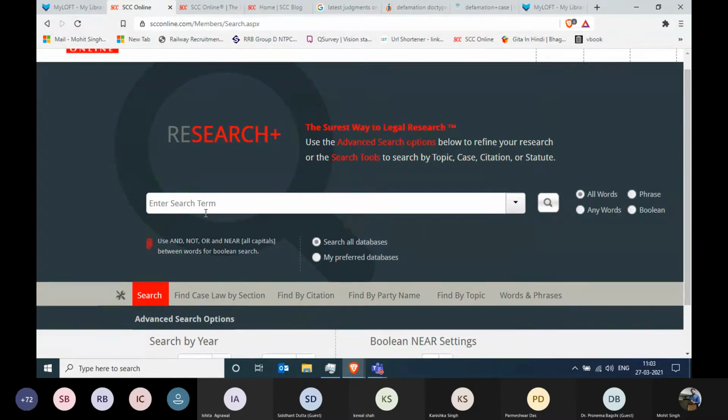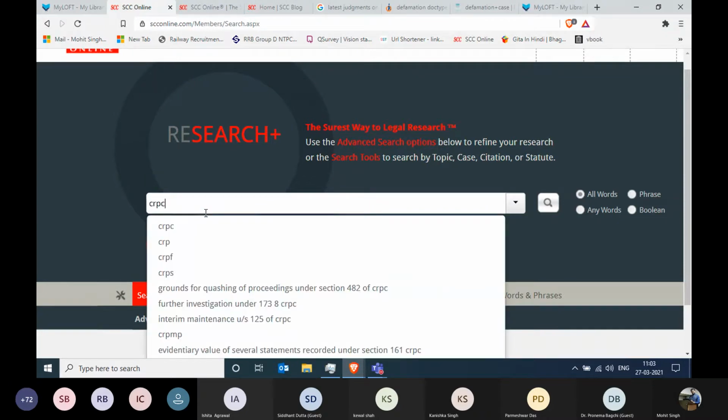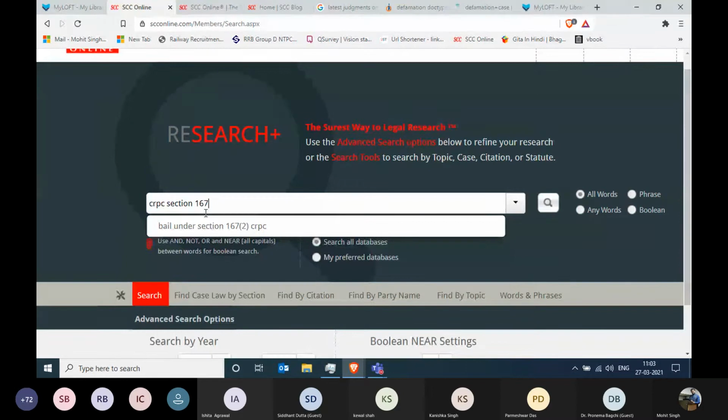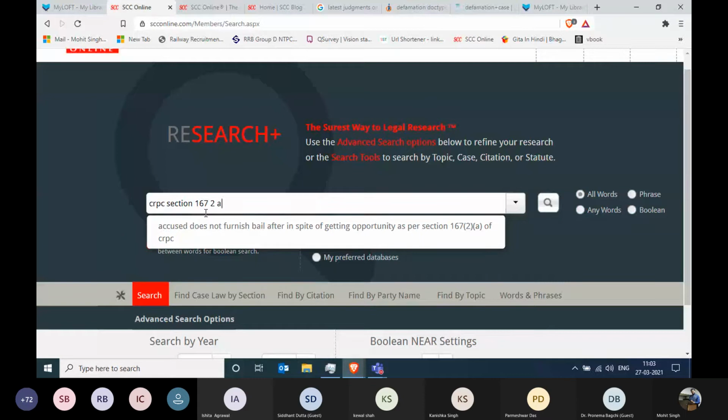I'm taking an example of CrPC, section 167, subsection 2 and proviso A. How can I search this in SCC Online? Yes, you can try your luck by writing it over here and clicking on the search bar. But the other way around is very simple.